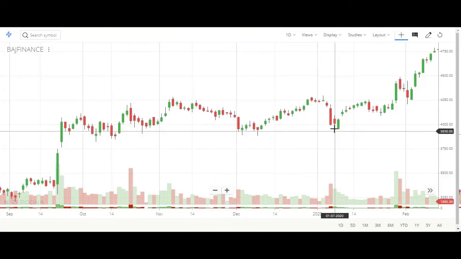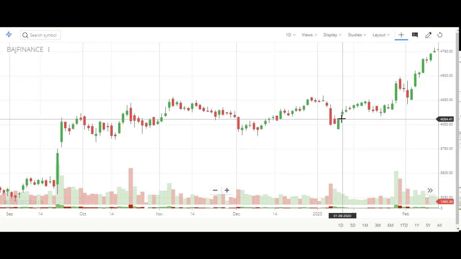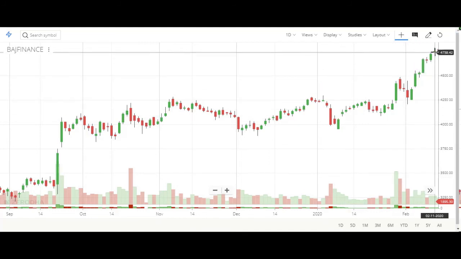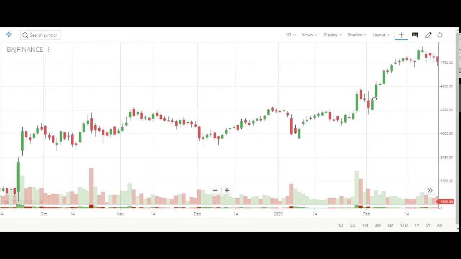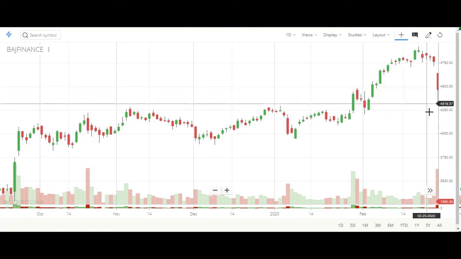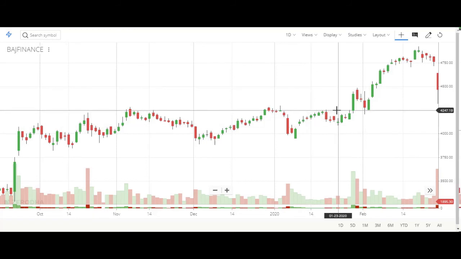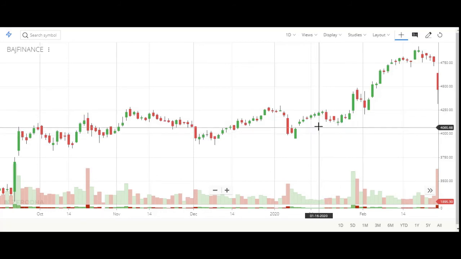Okay, so this is an example of Bajaj Finance. Here you can see a bullish Marubozu candle which formed on the 8th of January. After the candle was formed, you can see there was a very huge movement, and it went till around 4,700. But after that it started moving downwards. But if you have a 1:2 risk reward, you will be coming out of this trade in around 10 to 12 trading days.